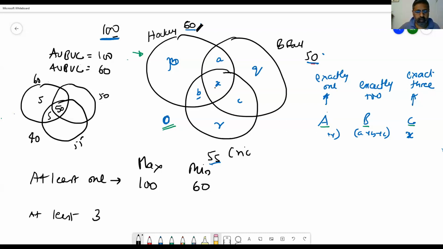I'm talking about here, what is the maximum that you can have? The maximum that you can have there is the smallest value. What is the smallest value out of 60, 55, and 50? Which is the smallest value? This is this picture here. 50 is the minimum value. Sorry, minimum is the maximum value. What is the smallest value?